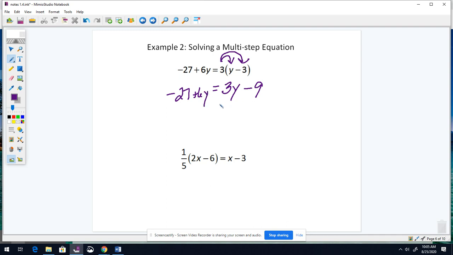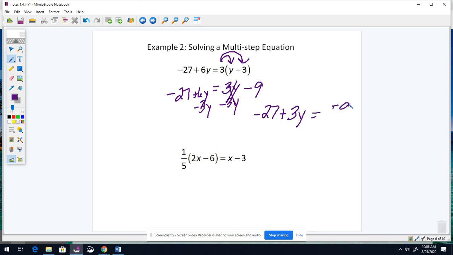And then I want to get all the variables on one side and all the numbers on the other. I like to work with wherever my smallest amount of the variable is, and I like to move that one. So I'm going to subtract 3y over here. That will get rid of this. So I have negative 27. 6y minus 3y is 3y